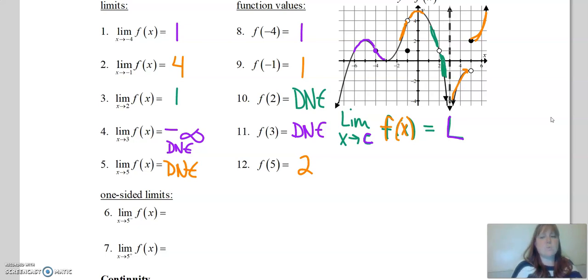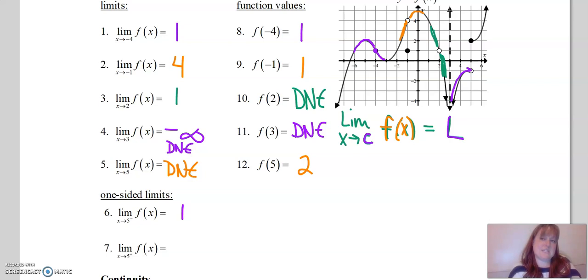Okay, so let's talk about one-sided limits with this. And you're going to see this notation here as x approaches 5 from the negative side, which you can think of as coming from the left if you want. But I just think of it as coming from the negative. It's actually really easy to think about, right? As x approaches 5 from the negative side, what's going on? It's getting really, really close to 1, right? So one-sided limits,